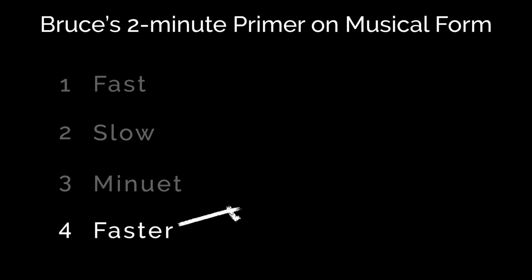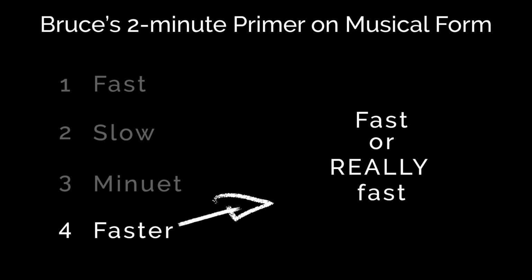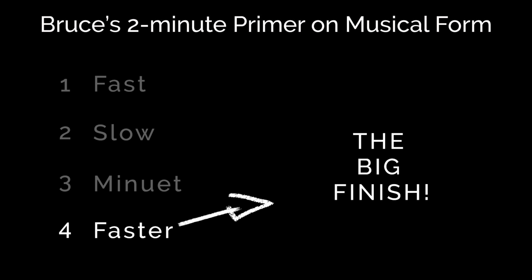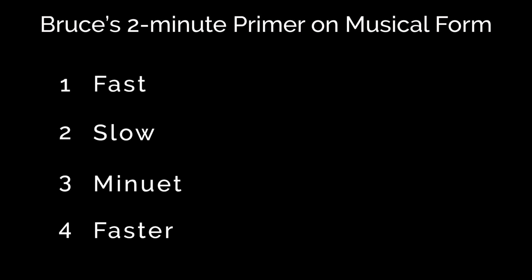The last movement is almost always fast and meant to be a big, impressive finale. Lots of fast notes, lots of energy, and again, the composer tries to have a memorable melody and lots of brass and timpani, and later on in music history, lots of percussion. So taken as a whole, this is the general form of the symphony.